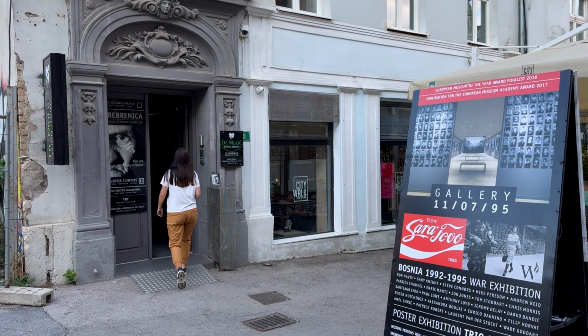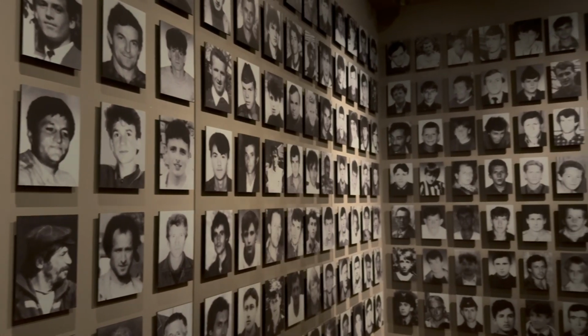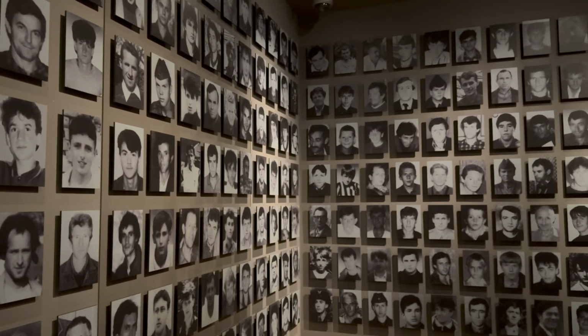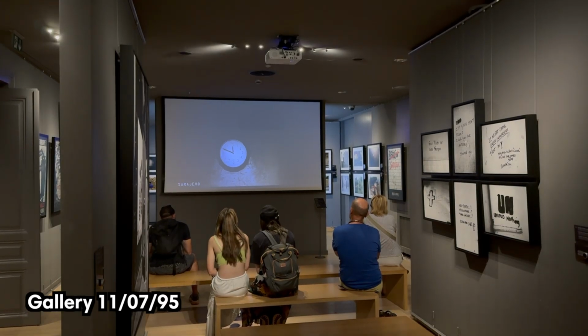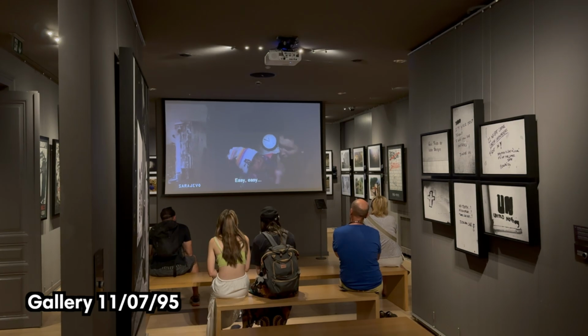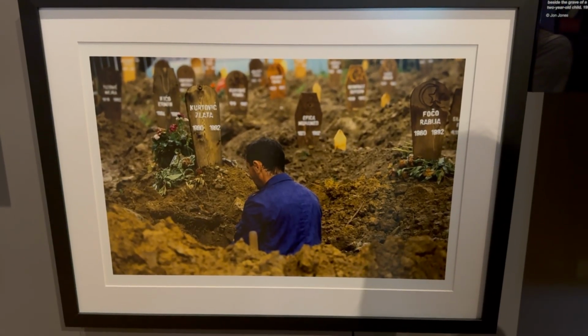Diving into Sarajevo's recent history is a moving but essential experience. There are a number of museums that are dedicated to war and conflict, each with a unique focus. We visited Gallery 110795, a memorial dedicated to the victims of the Srebrenica genocide, one of the darkest chapters in